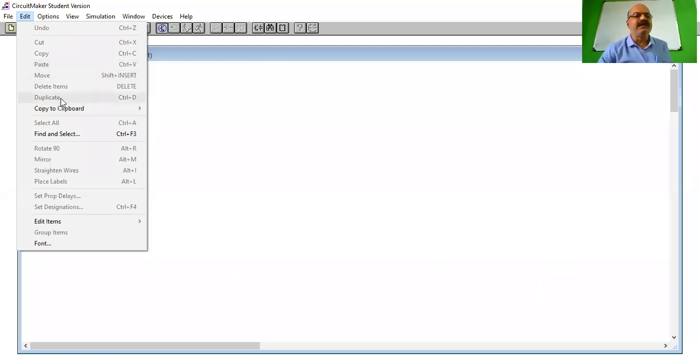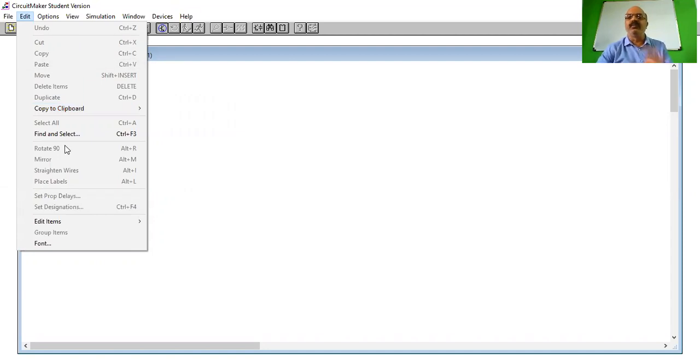You can duplicate, means copy paste, that component. You can copy the total circuit on the clipboard. Means if I want to copy this circuit into a Word file, then I can copy this circuit into the Word file using this particular menu, that is copy to clipboard. Correct? So there are so many options available in the edit menu also.